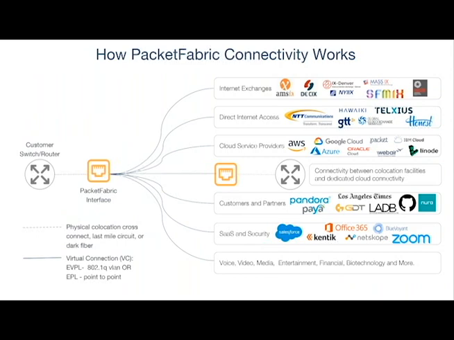Let's take a deeper dive into how PacketFabric connectivity actually works and what you can do with it. This diagram displays a couple of common use cases and scenarios. On the left, you'll see the customer switch or router that's connected directly to the PacketFabric network. From that port, you can build virtual circuits to a large variety of things. The simplest use case is building a virtual circuit to another customer location